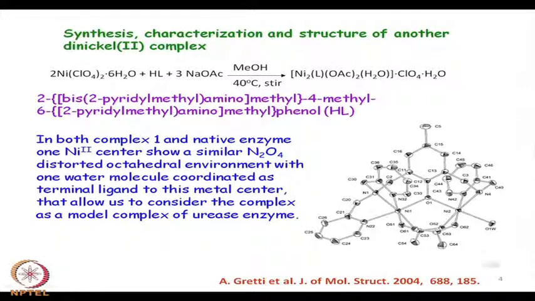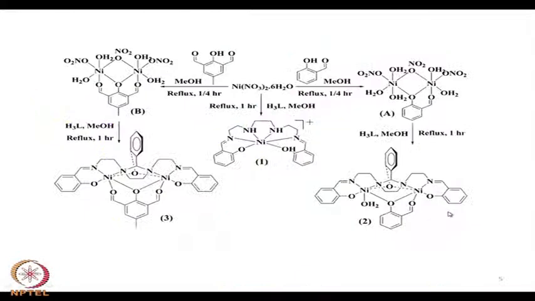Okay. So, this gives us some idea of how you go for a model compound for a dinickel system, or a model compound for a heterobimetallic system like a copper-zinc or iron-zinc system. One simple example that we can go for: when we are handling these molecules, we are handling something related to our nickel salt.